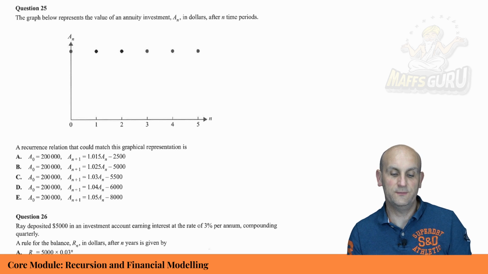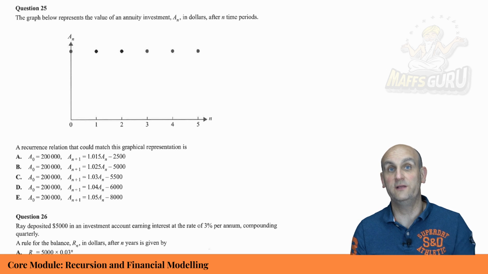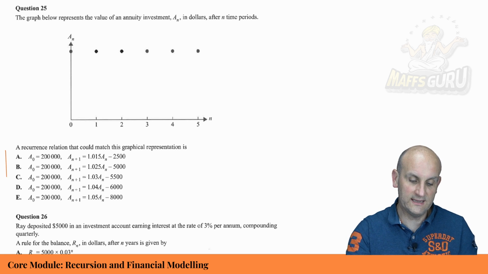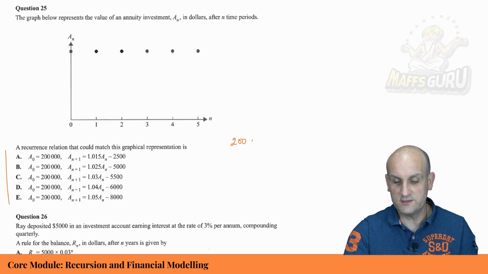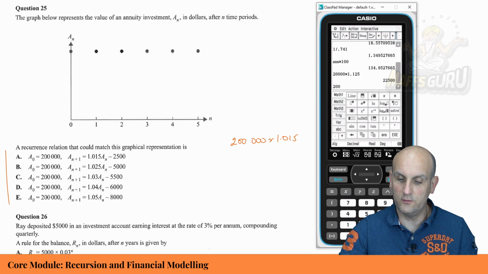A recurrence relationship that could match this graphical representation is, well, again, you just have to do what it's asking you to do. So in this situation, all of them again start with 200,000. So for the first question, just through trial and error, I did multiply by 1.015. So bringing up my calculator, 200,000 multiplied by 1.015, gave me